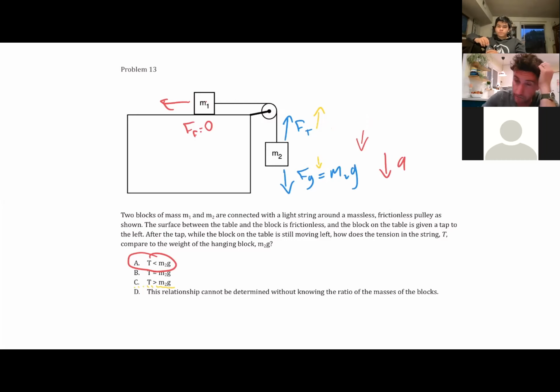There is no force of friction, and because there's no force of friction, there's nothing that's pulling it in that way. I have a velocity that way, but the velocity itself isn't applying a force. It's a pre-existing thing. And so my force of gravity down